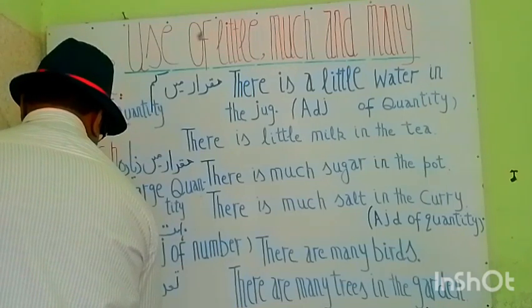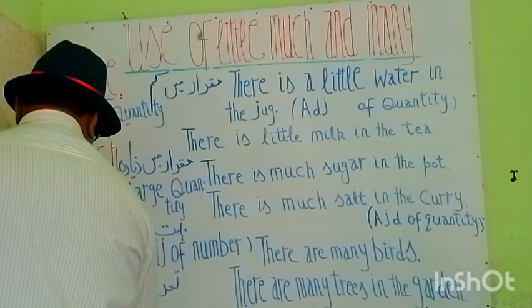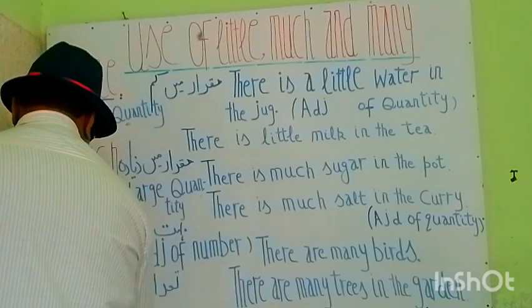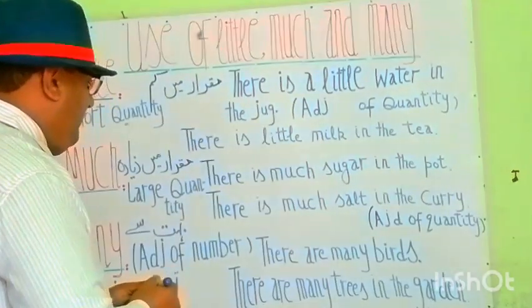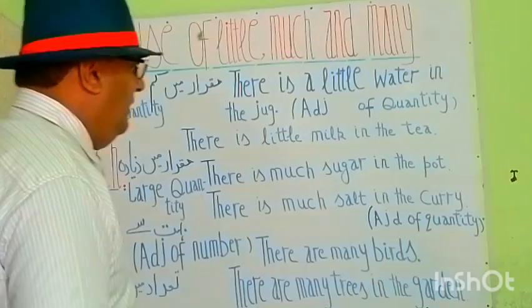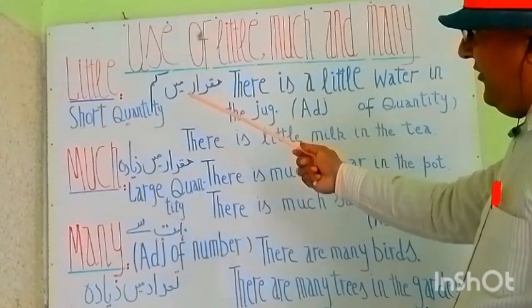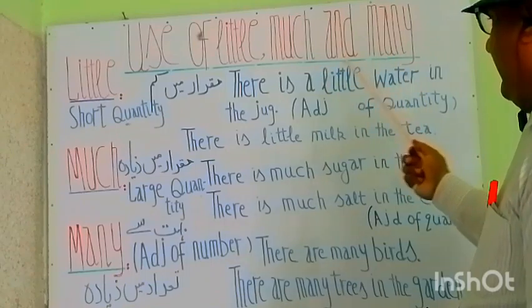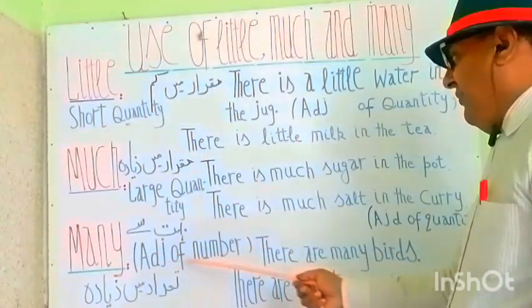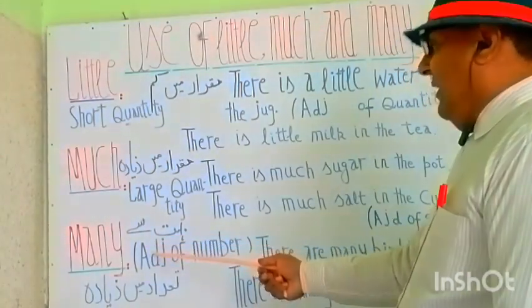There are many trees in the garden, बाग में बहुत से दरख्त हैं, बहुत ज्यादा दरख्त हैं। और दूसरी मिसाल हमने सेट की, there are many birds, वहाँ पर बहुत से परिंदे हैं। So here see my students, our today's lesson is about three adjectives of quantity and adjective of number. Many is an adjective of number, ये तादाद को जाहिर करता है, ज़्यादा तादाद को जाहिर करता है।